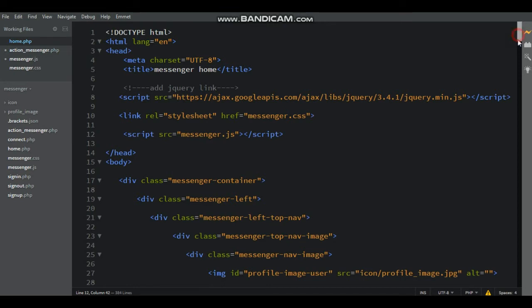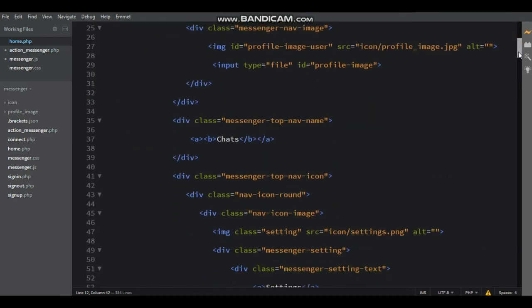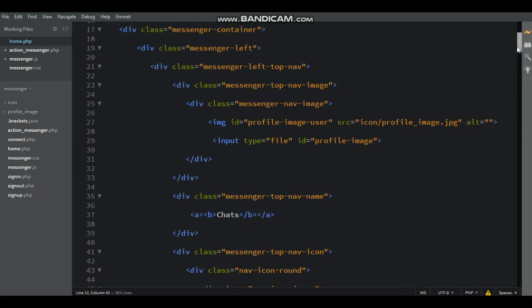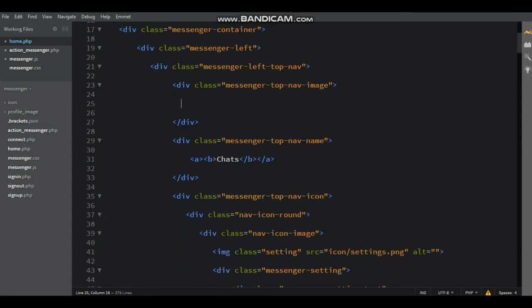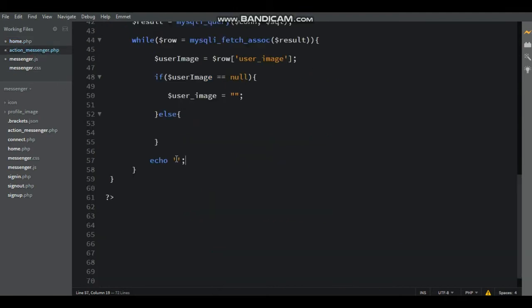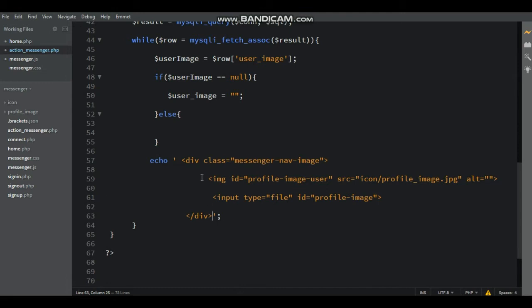Here go to the home.php file, copy the class name of messenger name image, that is div, cut it and paste inside single quotes, that is echo single quotes.